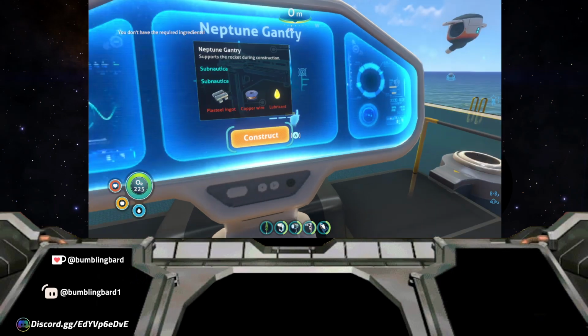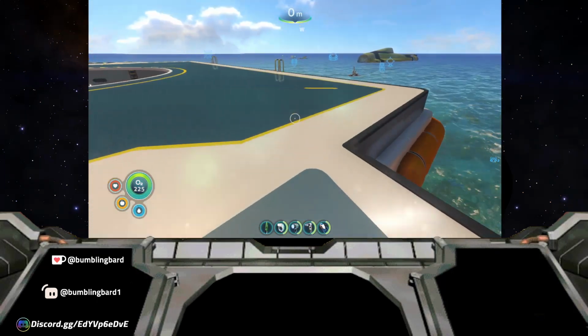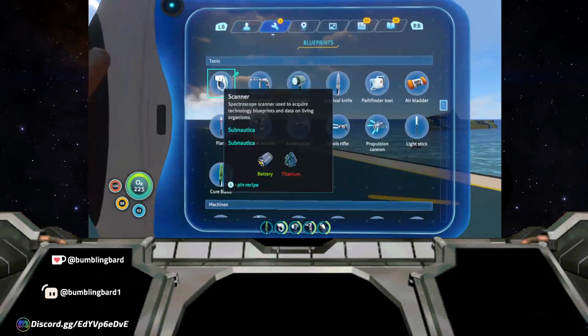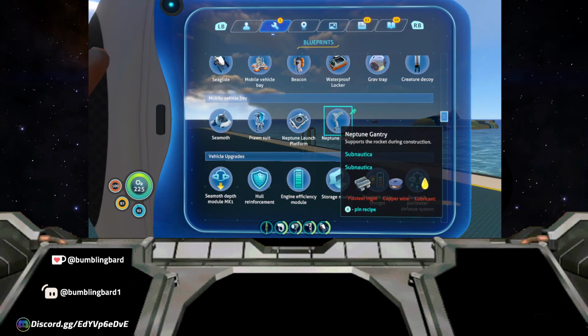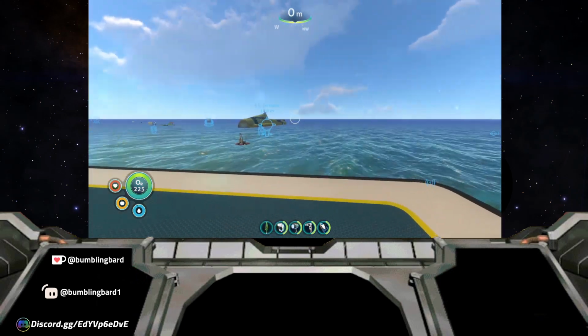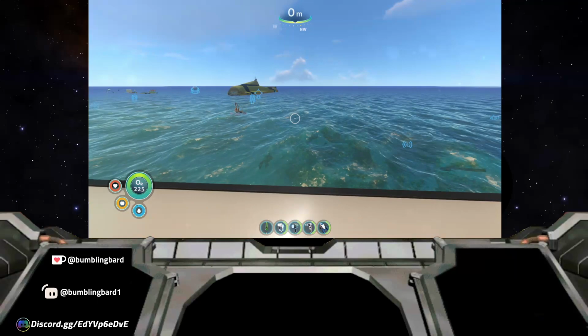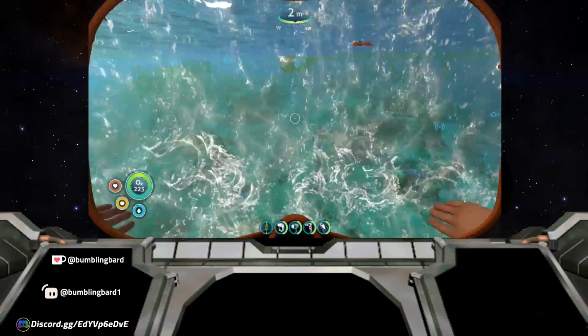Plasteel, copper wire, lubricant. Okay, wait. Did they give me that as an ingredient? Okay, they did. That's good. But they haven't actually told me how to get deeper. Okay, I'm gonna hop back on the...